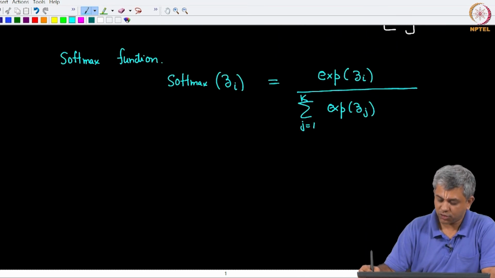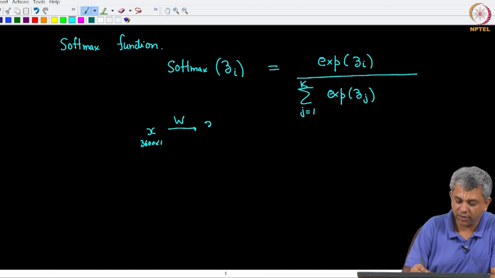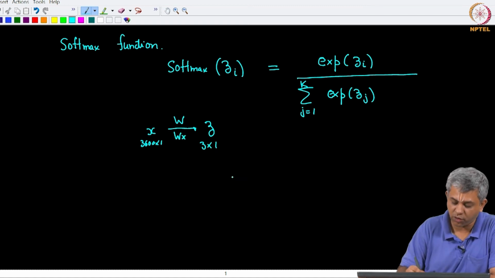So, let me show this in a simple way. Suppose you have x, once again 3600 cross 1, you apply W, you get z, z is now 3 cross 1, remember W x becomes 3 cross 1 and now you have 3 numbers z 1, z 2, z 3.